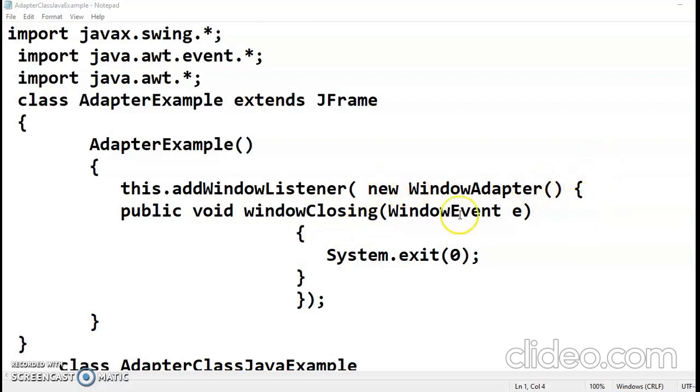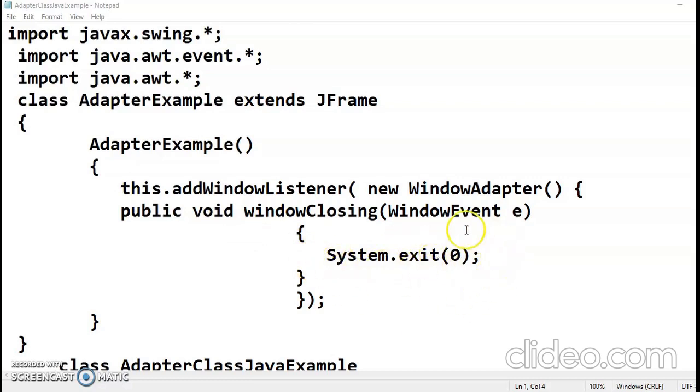Then curly brackets, this will create an object of WindowAdapter and along with that it will implement the method we need. Which method do we want here? We want public void windowClosing(WindowEvent e). So what do we want inside this method? We want some code which will help us to close the window when we click on the cross icon which is available at the top right hand side. There is a single statement which allows us to exit from the current window: System.exit(0).